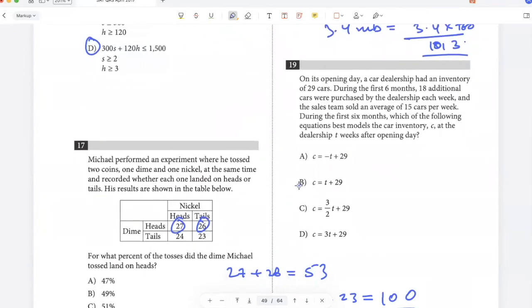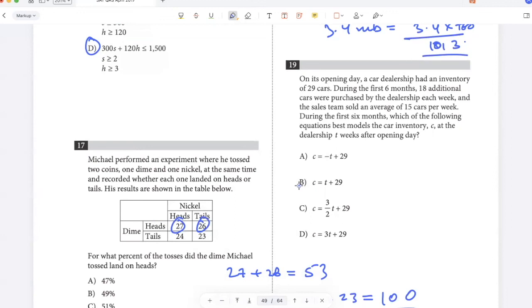On its opening day, a car dealership had an inventory of 29 cars. During the first 6 months, 18 additional cars were purchased by the dealership each week, and the sales team sold an average of 15 cars per week. During the first 6 months, which of the following equations best models the car inventory at the dealership T weeks